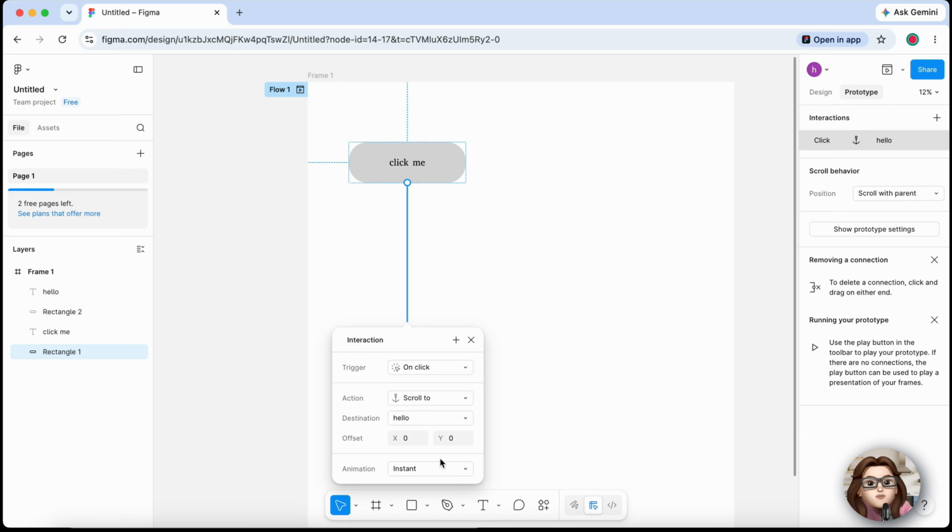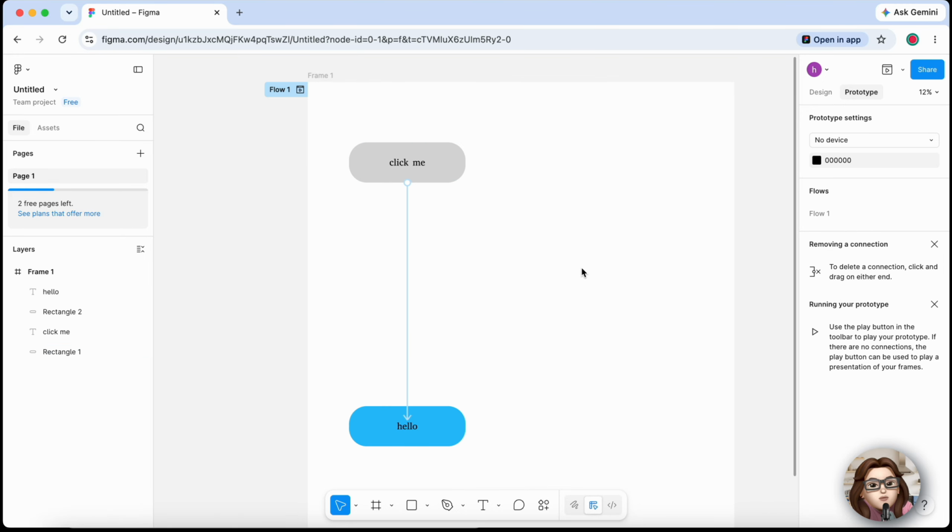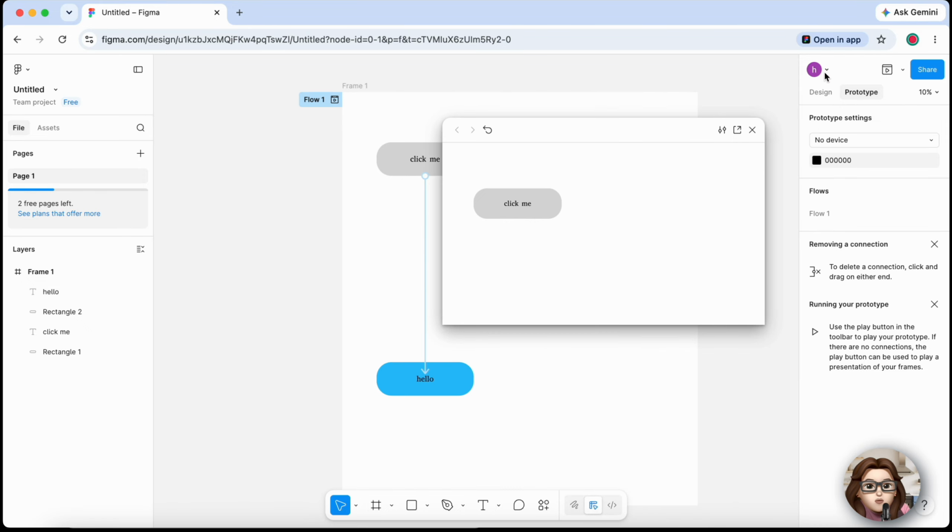To test the button, drag the component into a frame and click the present button in the top right corner. Click the button in preview mode and you'll see it switch between its variants, creating a clickable interactive effect. And that's it! You've successfully created a clickable button in Figma using component variants and